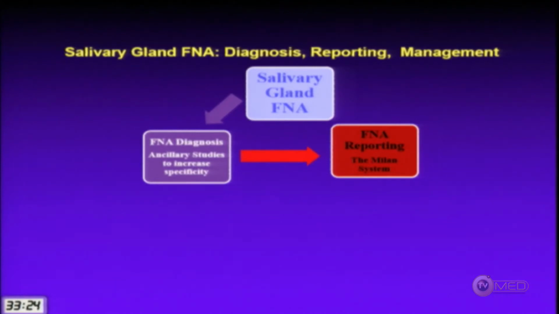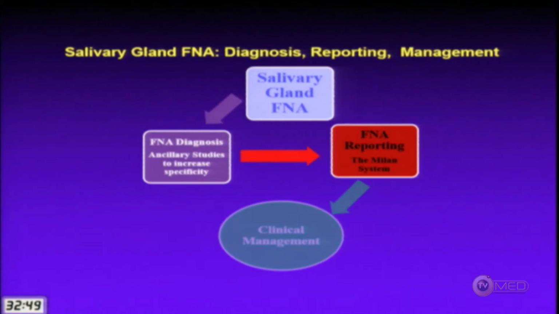And that is where reporting systems come in. So the Milan system that I'm going to tell you about, we do discuss in our atlas aspects of diagnosing the tumors, but really the important aspect of all of these reporting systems is not as much in the diagnosis as in how we transmit that information to the clinician, how we report it. And it's very important that we have some kind of uniform reporting system, I think, throughout the world. Otherwise, we're doing the patient a disservice.